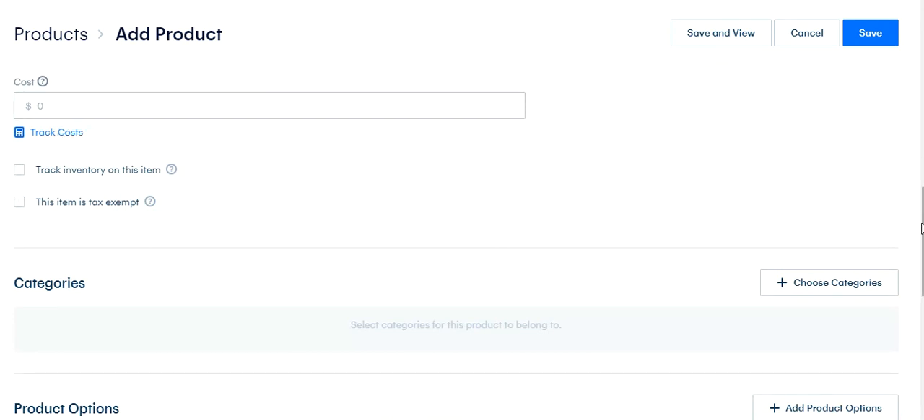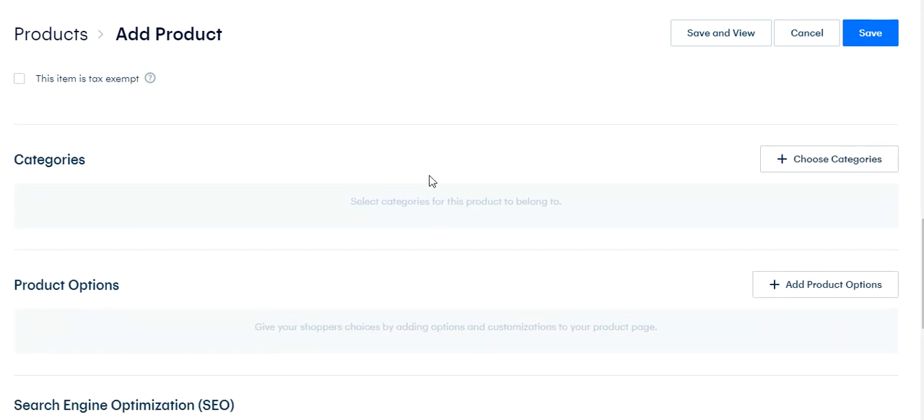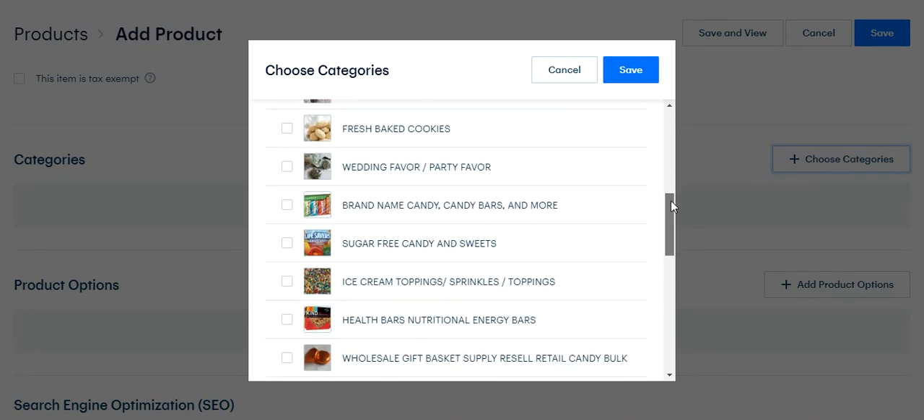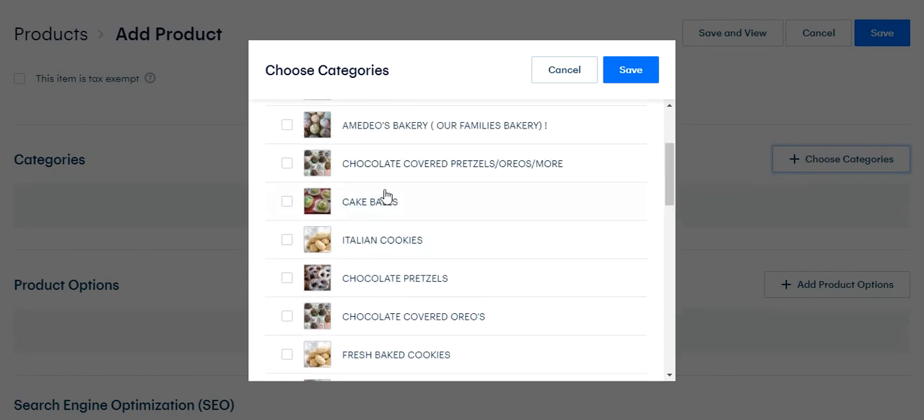Now, scrolling down, you want to enter it into a category. Once you've created categories, I'm going to choose a category. This is what my categories are, and it pops up, and you simply scroll down and say, "Hey, where is cake ball?" It goes to the cake balls. Okay, and then you hit save,